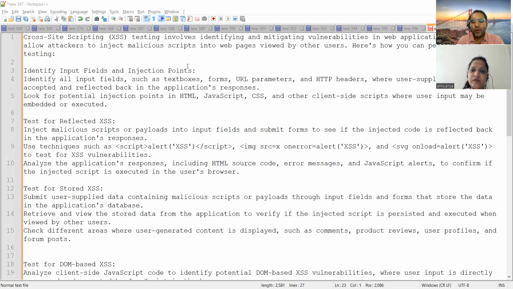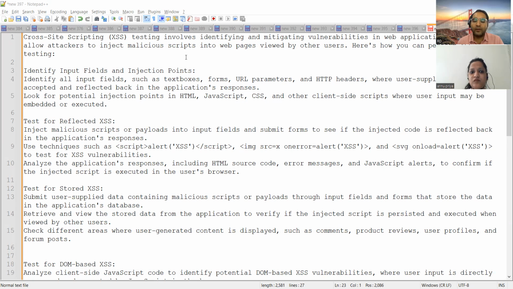Now, there are several points where you can do this. The URL we are entering, the malicious scripts can go there. Not only in the URL, but also in various controls like text boxes, forms, and URL parameters, and also HTTP headers, wherever you are able to take data from the user.